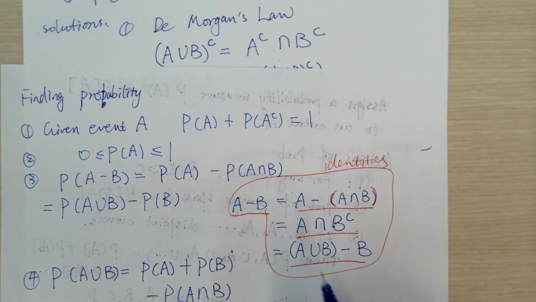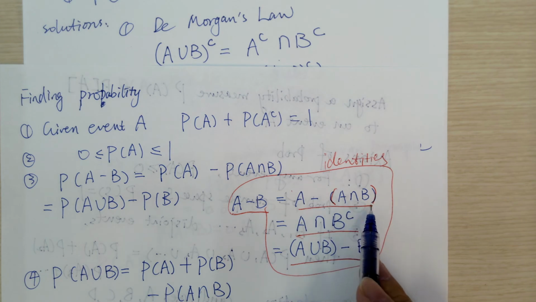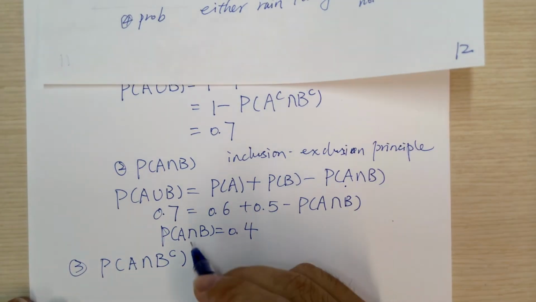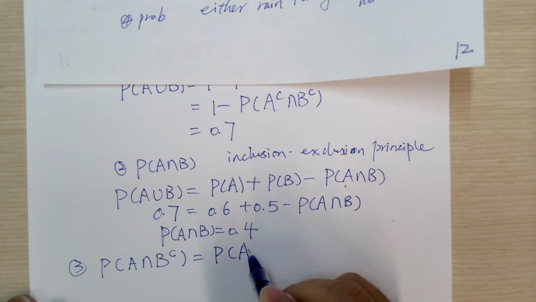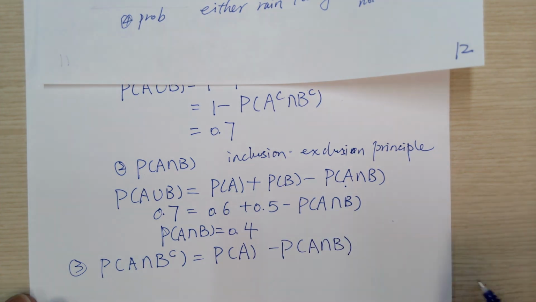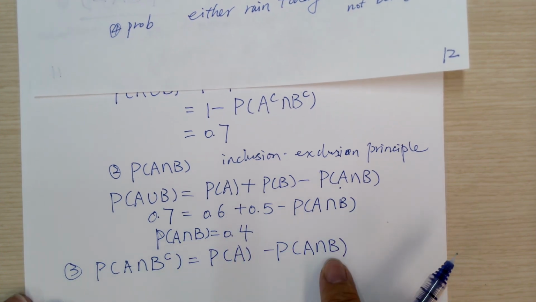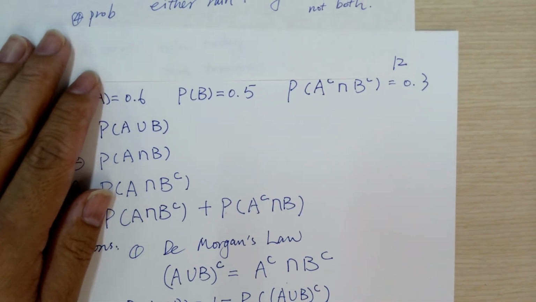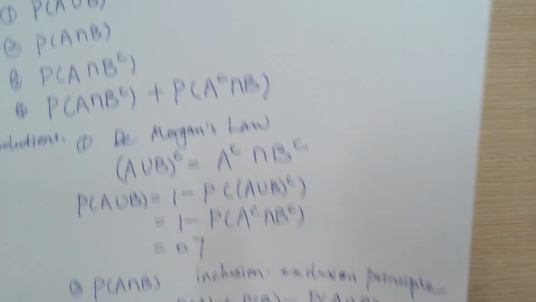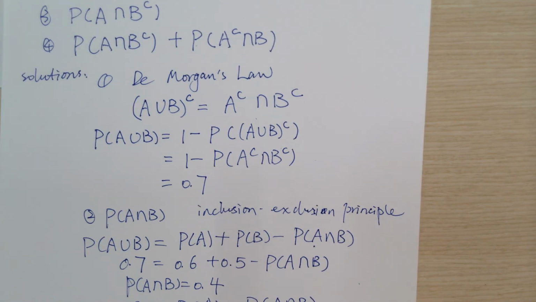And we're looking for this, but you can see that we can rewrite it into PA minus PA intersect B, which we know the probability of A intersect B is here. PA is given, which is 0.6. So it turns out this is 0.6 minus 0.4, which gives us 0.2. Okay. Now last part,